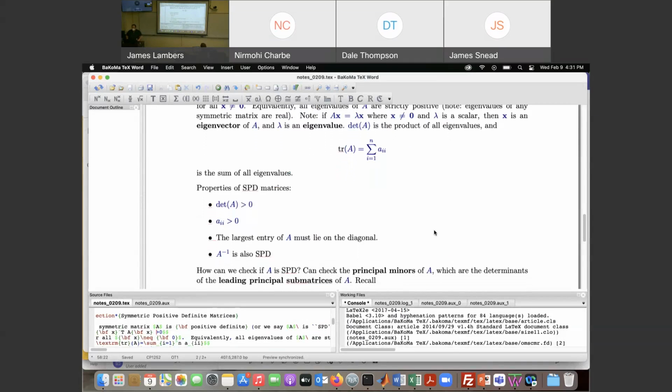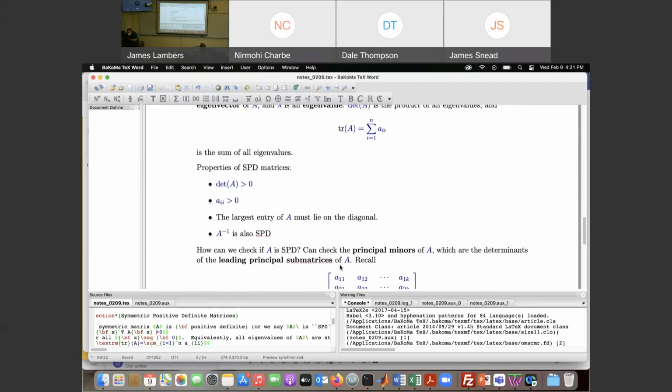Now, checking if a matrix is SPD is generally not easy. There are certain cases where you can rule out a matrix being SPD. For instance, if you see a negative diagonal entry, or if the largest entry is not on the diagonal, that's a quick way to rule out being SPD. But in the general case, if none of those telltale signs apply,